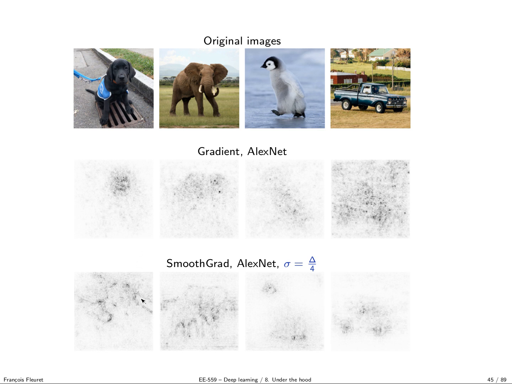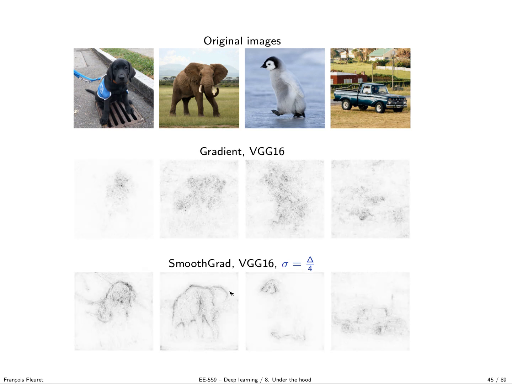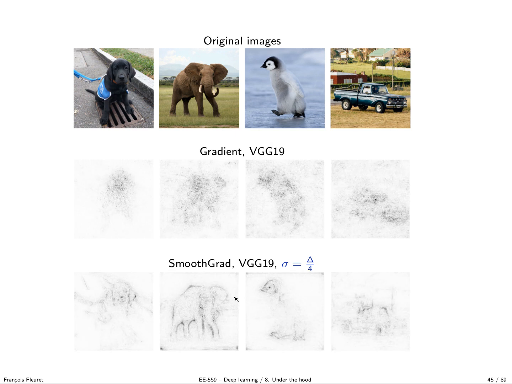So now we see even the pavement, and we see the little blue dress of the dog, and we see the legs of the elephant, we see the ears better, and this is AlexNet. If we go to VGG16 or VGG19, it's quite impressive. So just this very little change, instead of computing the gradient of the proper unit with respect to the input, you do this several times for slightly noisy versions of the image. You get those very nice highlighting of the part of the image that actually impact the final response of the network.